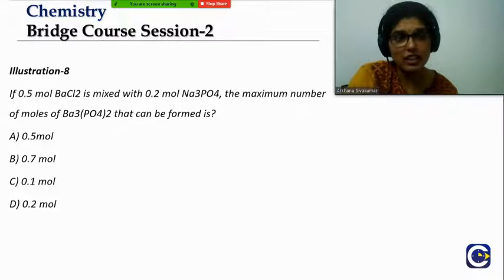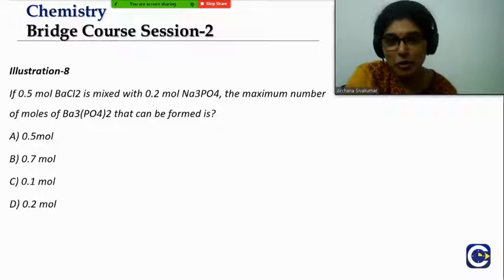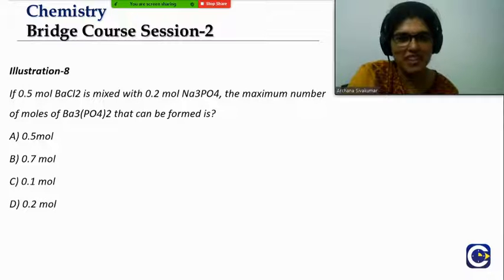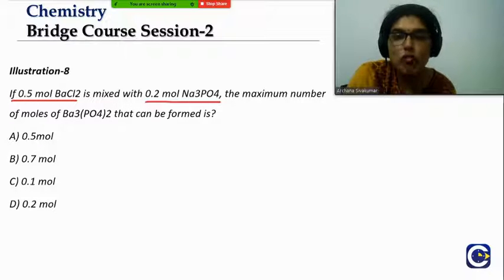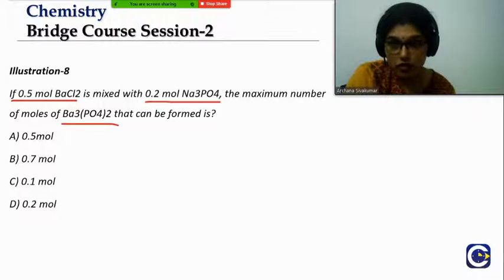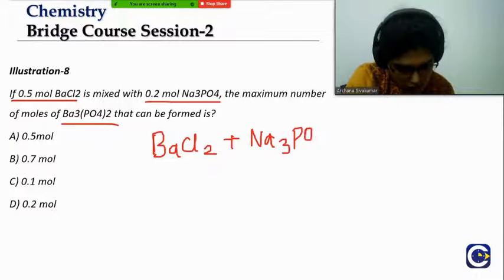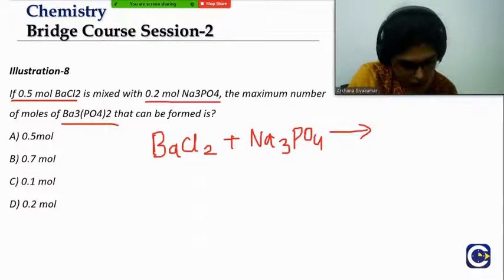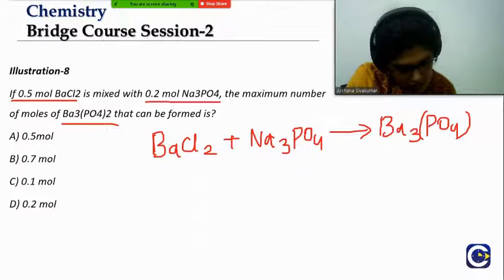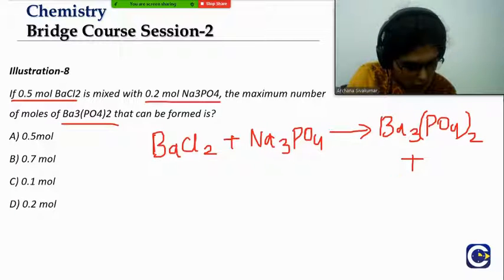So there is the next reaction. This is one final thing which I'll do, and then I'll give you one example for you to do. This is a complicated reaction which we have to balance. We have a multiple choice here. The reaction is BaCl2 reacting with sodium phosphate to give barium phosphate, and the other product would be NaCl.